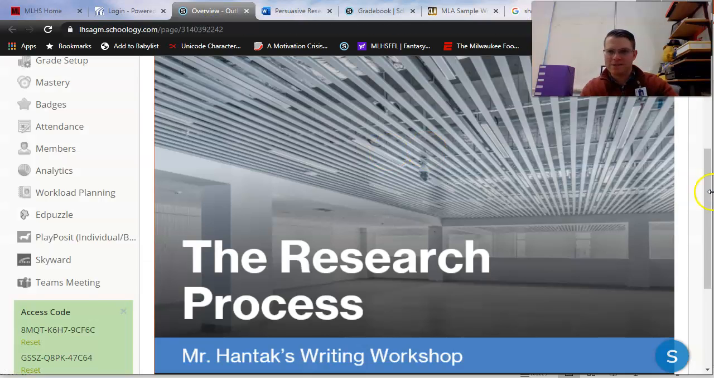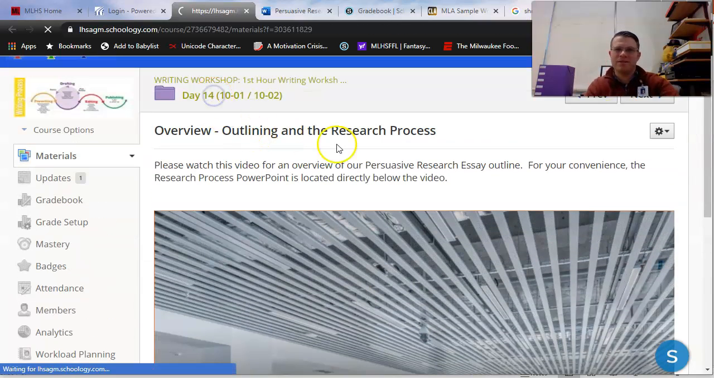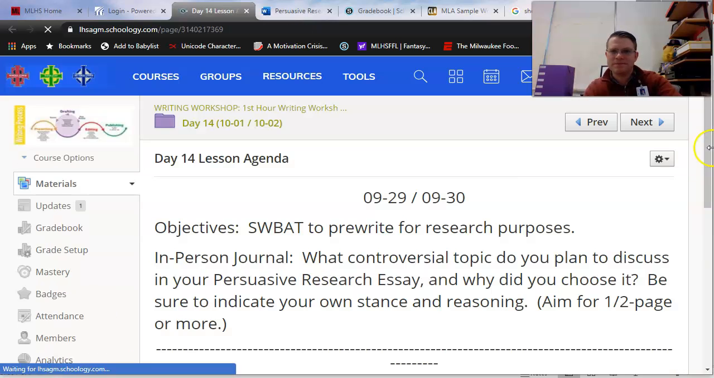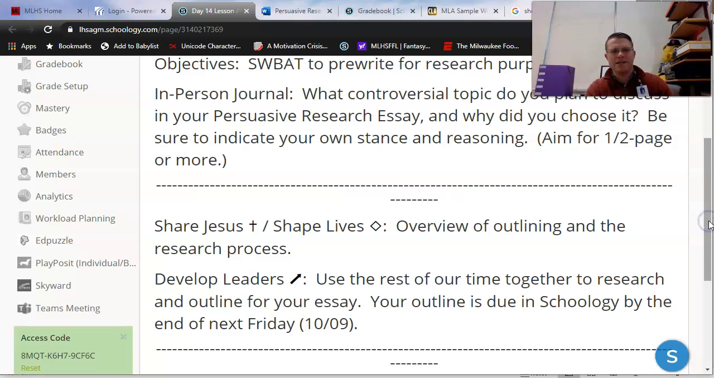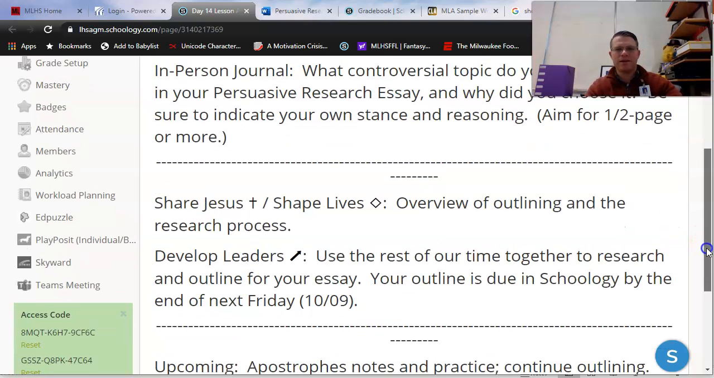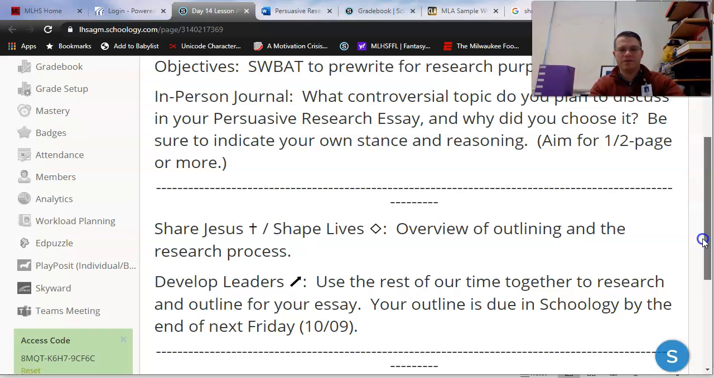I'll go back to our lesson agenda real quick just to make sure I didn't leave anything out. Lesson agenda. No, all it says is use the rest of our time together to research and outline for your essay. If you've got time today, I recommend that you start finding sources, start finding some evidence to support your stance. Your outline, once again, is not due until the end of next Friday, October 9th. Keep in mind, we're going to be spending quite a bit of time on this essay, so it's okay to take the process slowly. This will be another one that I allow you to revise after it gets graded in early